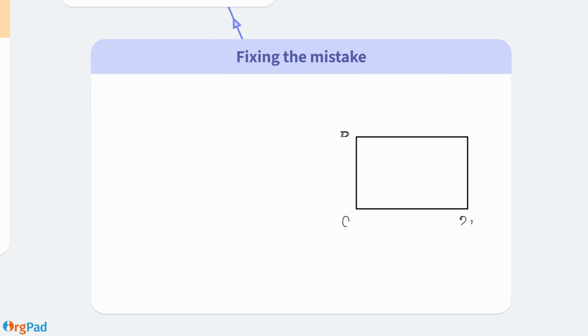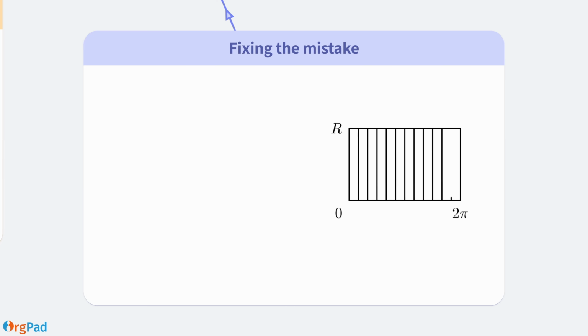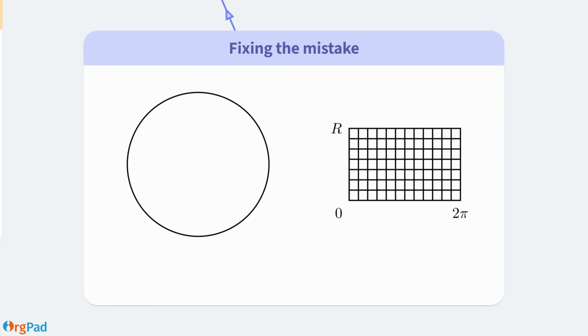Let's ignore the third dimension and view the situation from above. The double integral cuts the rectangle into tiny pieces. Each piece contributes to the integral sum by its area. Since all pieces are of the same size, they contribute equally to the result. So the integral is 2 pi r, which is the area of this rectangle. But we are not trying to calculate the area of this rectangle. We want to know the area of the